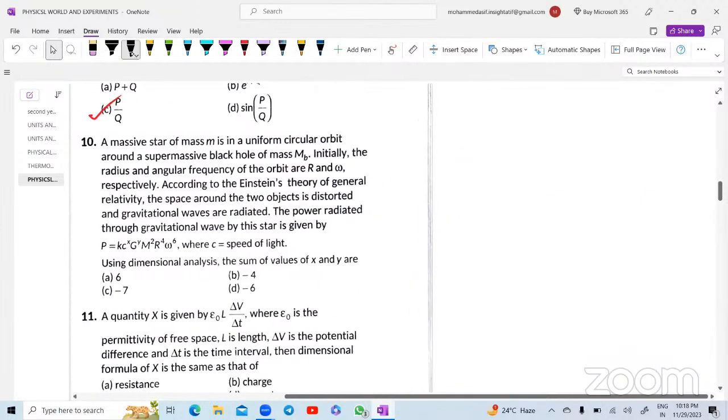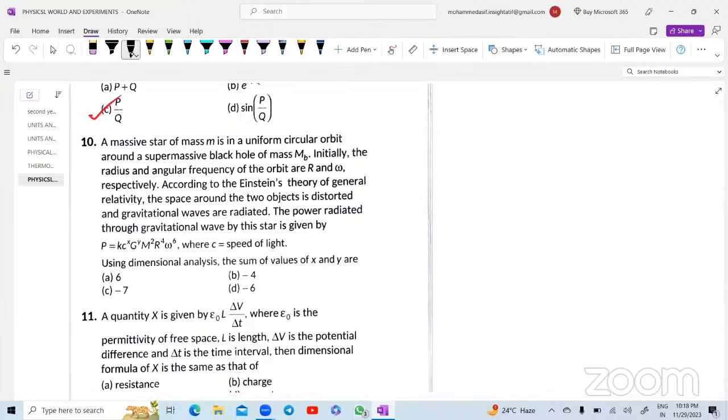ठीक है, मैं एक बार रफली आपको बता देता हूँ। कुछ नहीं है बेटा, पावर जो रहेगा ना बेसिकली, पहले पावर का डायमेंशन बताइए। पावर इज इक्वल्स टू एनर्जी डिवाइडेड बाय टाइम ना, तो दैट विल बी m l² t⁻² डिवाइडेड बाय टाइम होगा। तो डायमेंशन ऑफ द पावर हो गया मेरे पास m l² t⁻³।